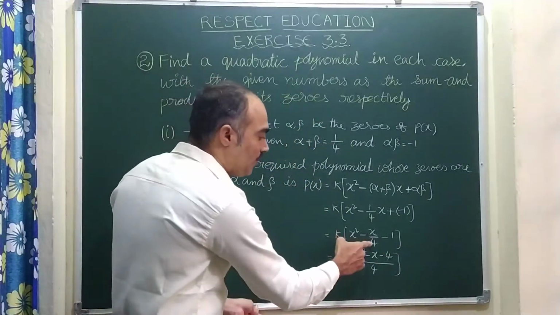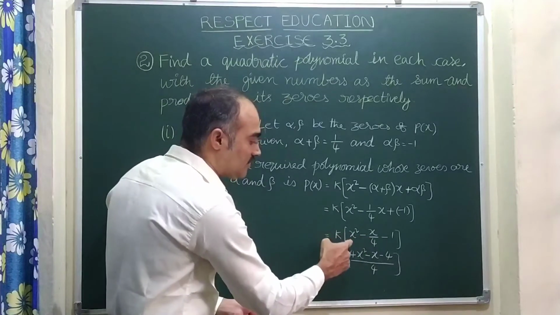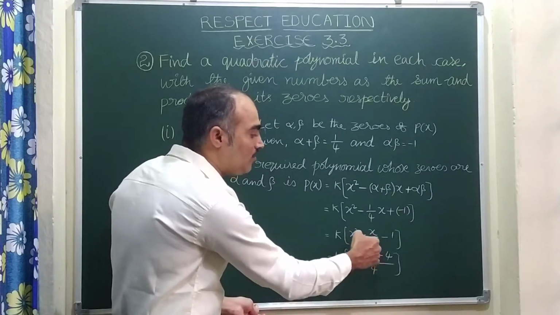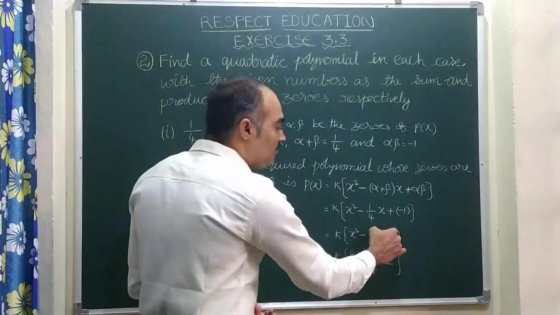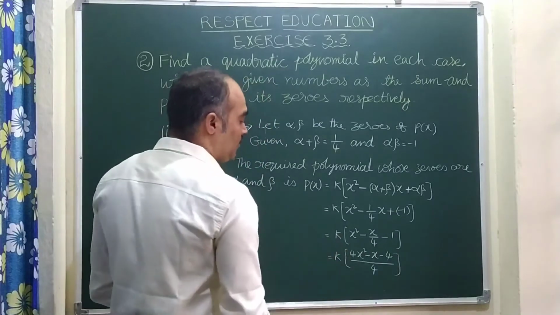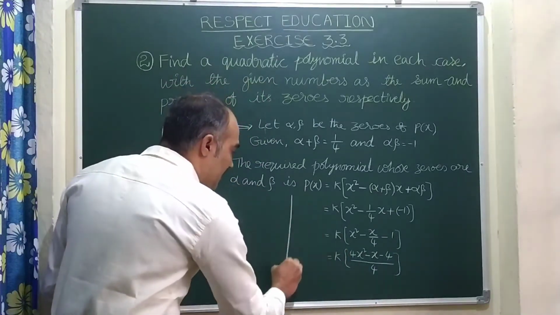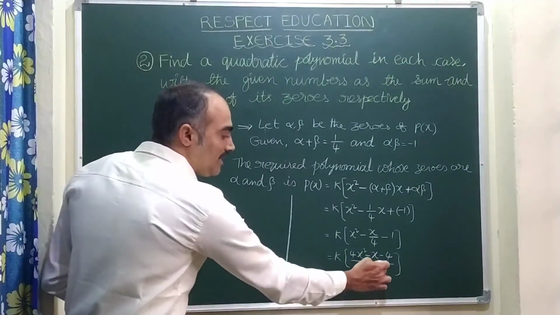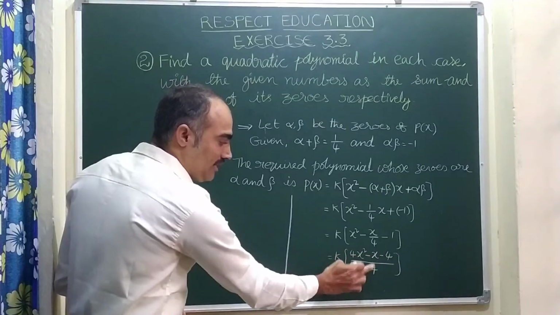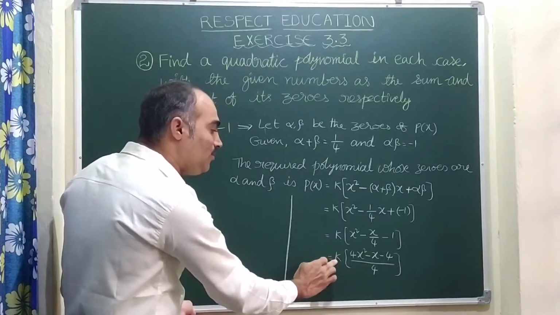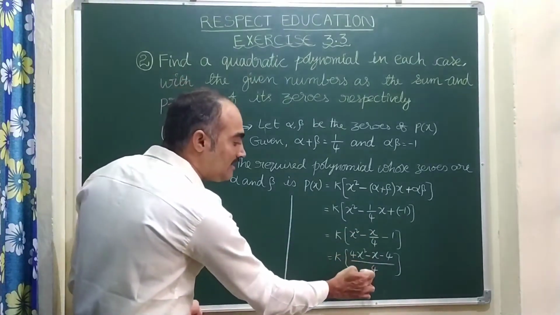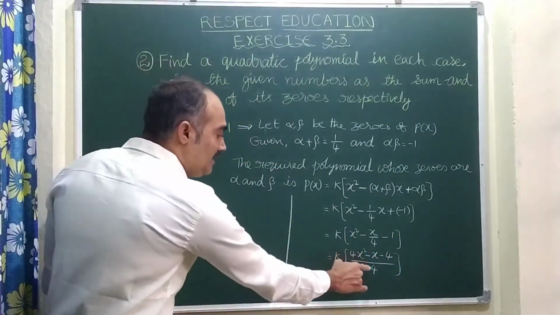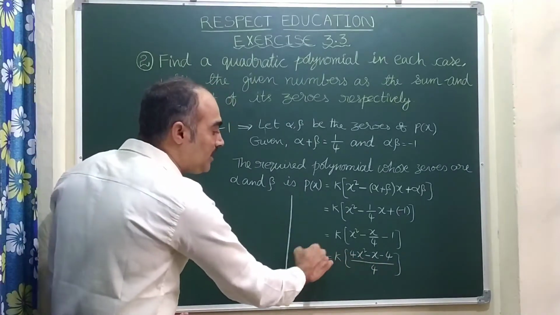Here I am taking this 4 as LCM. So here see, 4 into x square we multiply, 4x square, minus x we will write as it is, because the denominator 4 is there, that is the LCM. Minus, here 1 into 4 is minus 4. So here you see, children, there is no place, that's why I am continuing here. Whatever denominator is there, means here 4 is there, we can take the k value as that. If we take that, then we will get the exact polynomial. So here in this case we get 4, that's why I am putting k equal to 4.